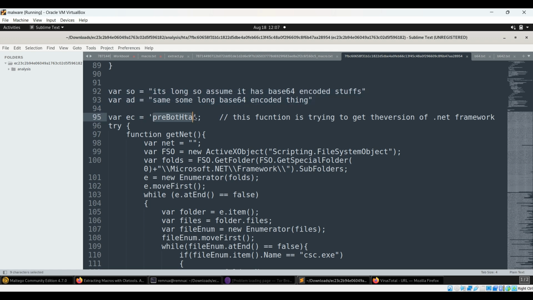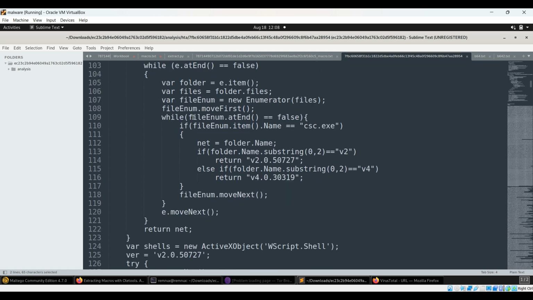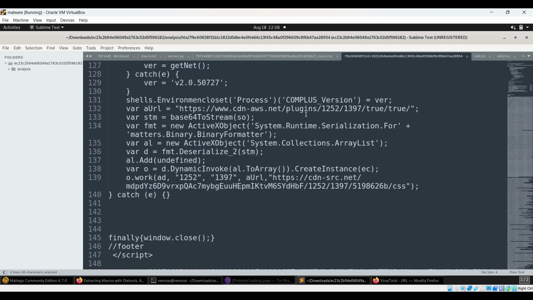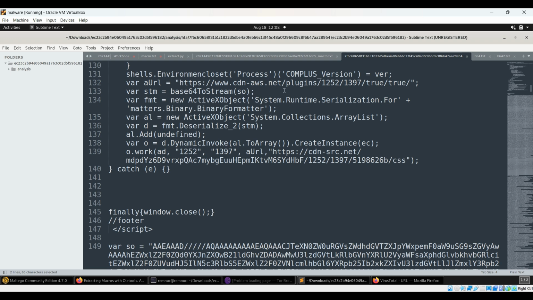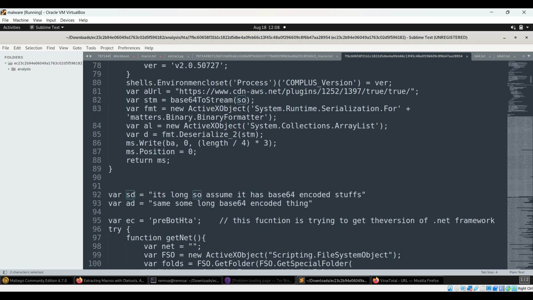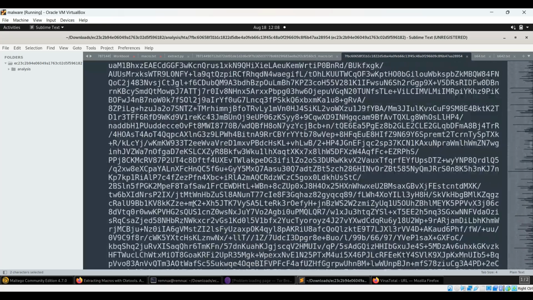Again, this is also quite interesting. And there are comments also mentioned over here. So we can see it is again looking for the subfolder, some kind of version check that it is trying to do. Again, the same URL which we observed over here. And now here we see that there is a base64 encoding. Now the variable var, we observed it over here also, and below also we see it. And if you scroll down,